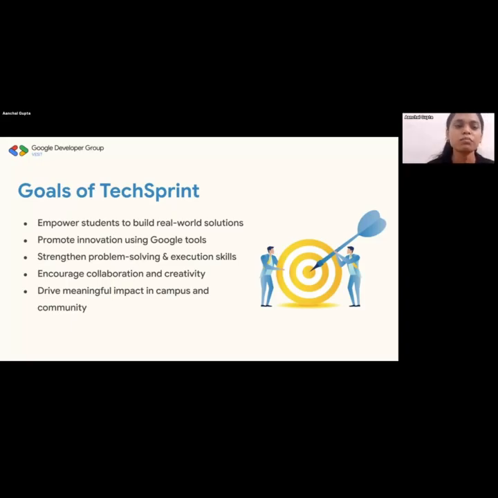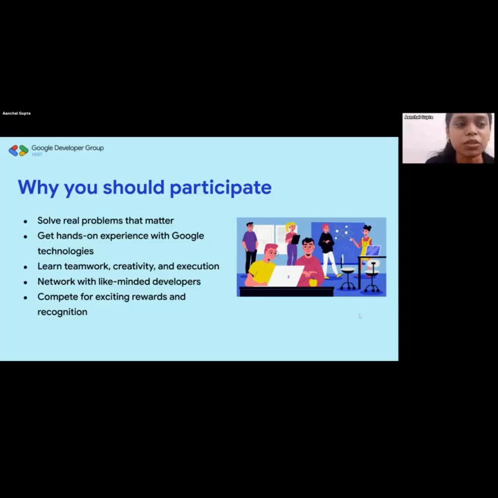Over there, you were supposed to build something like this, a problem solving solution, and now we have TechSprint. This is the first time that a hackathon is being conducted in the Google Developer Groups community. So yeah, these are the different goals. I'm just breezing through these so that we can get to the more important things that we need to discuss.